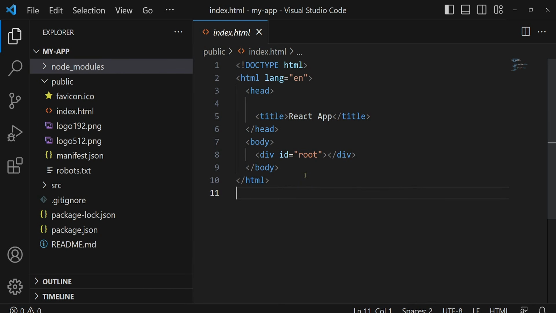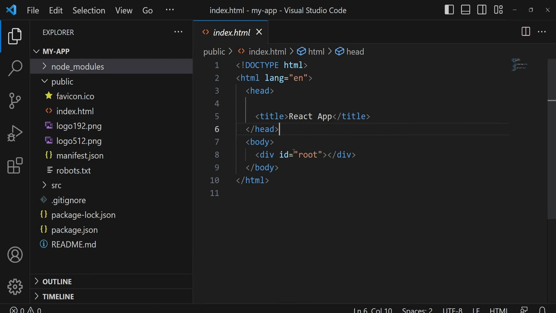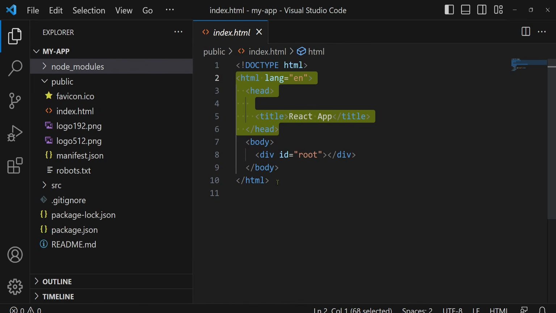When we say React is used to create a single page application, then this index.html is that single page, okay? Meaning all the components are going to be placed dynamically inside this single page only, this index.html only. Whenever any user opens the browser and opens the React website, this is the first page which is going to be loaded. Or you can say this is the entry point for the React application. So basically when the application runs, only this div with id root will be replaced by the components, okay? Rest of the things like the title or anything you put here will always remain the same in the browser.